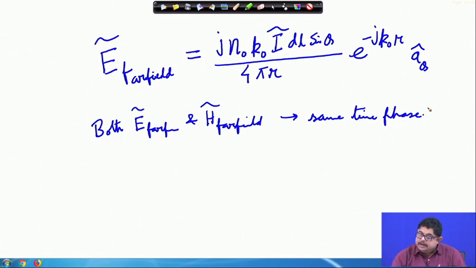So, they are in the same time phase, but E far field is theta directed,